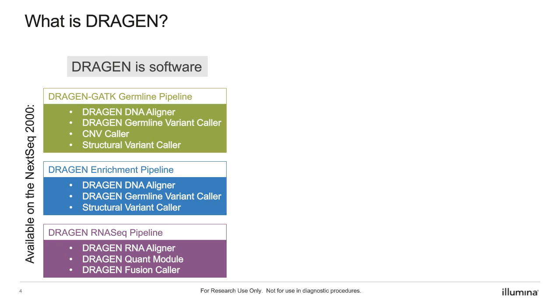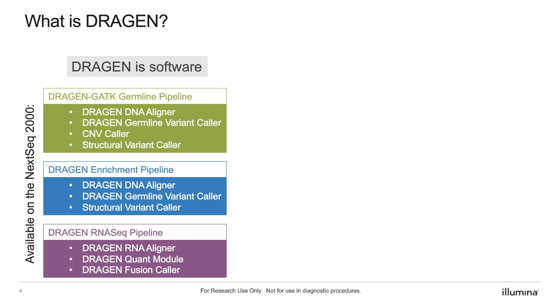So what exactly is DRAGEN? DRAGEN is software. DRAGEN contains several pipelines on the NextSeq 2000, including the DRAGEN-GATK Germline pipeline. The DRAGEN Germline pipeline was renamed to DRAGEN-GATK Germline pipeline. This pipeline does not use the GATK variant caller. It uses the DRAGEN Germline variant caller, which is also going to be the case in the DRAGEN Enrichment pipeline. The name change is mainly to reflect Illumina's collaboration with the Broad Institute, which are the developers of the GATK